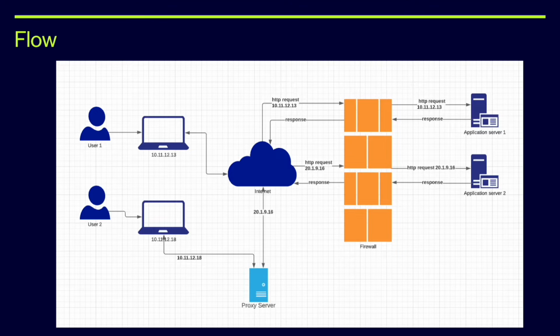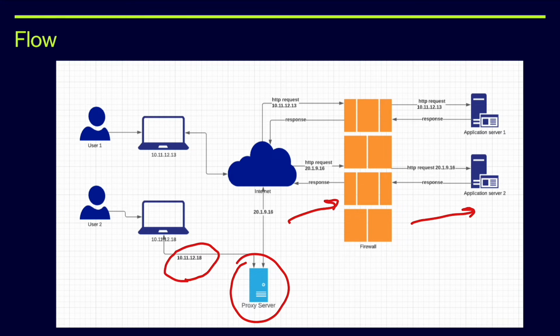A proxy can be set up using a hardware or a software version. While using a proxy, your internet request first goes to your ISP as usual. Then the request is sent to the proxy server, and then, passing the firewall, it is sent to the target server. Along the way, the proxy uses the IP address you chose to set up, and it will mask your real IP address. So in this case, instead of 10.11.12.18, the IP address which will be sent to the target server is